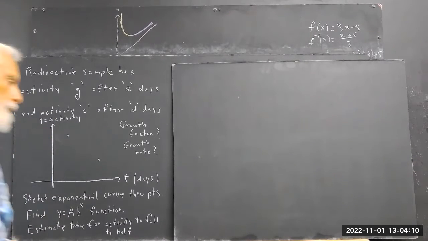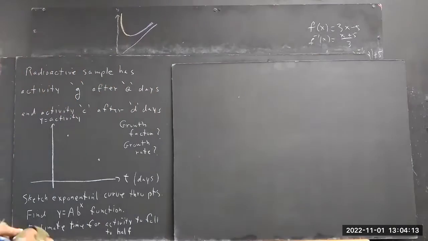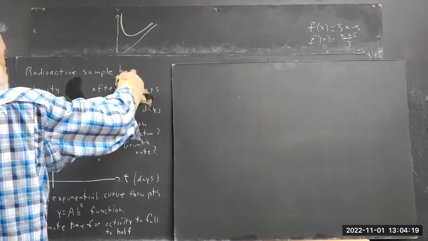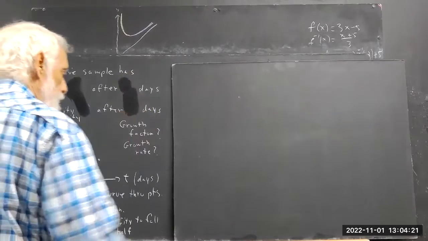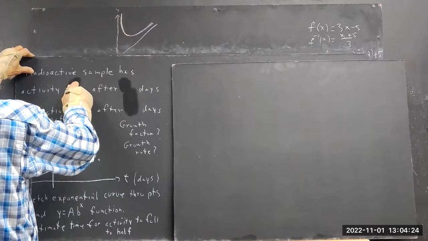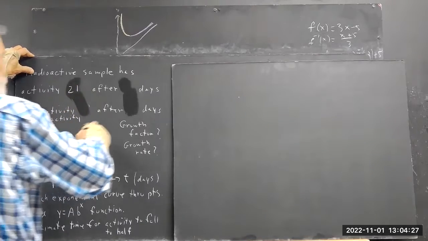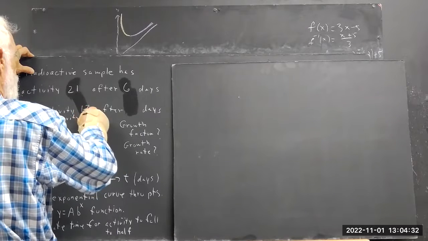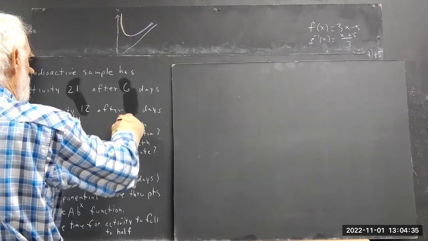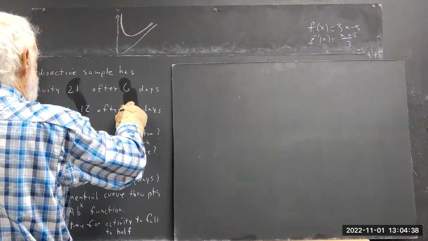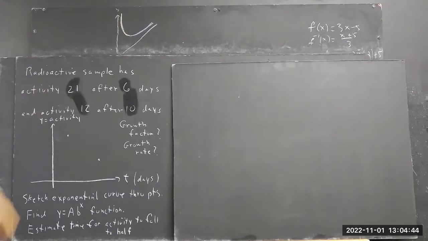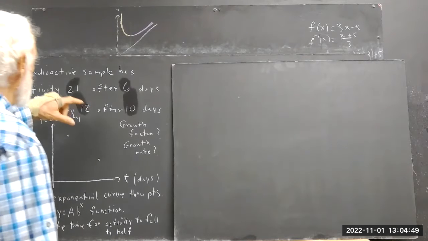So let's say that my A and B numbers, my G, A and D numbers are 21 and 6, and then 12 and 10. Okay, so that means that my points ought to be,